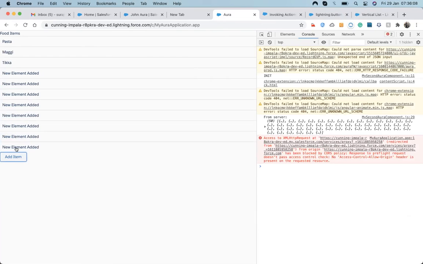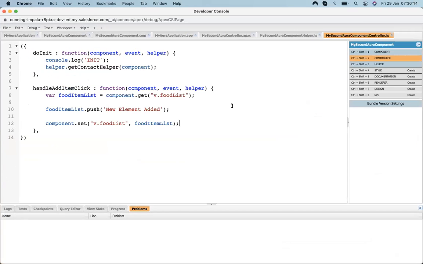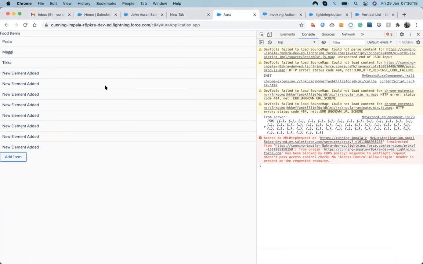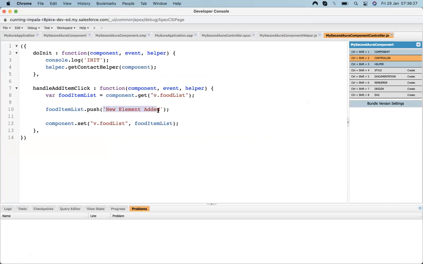So in this way, we can also design an input field. In that input field, when someone enters some value and hits add item, that item will get added into this list. So these kinds of things we can do. We just have to push that new value over up here, and it will add that value into our list. So in this way we can work on the list of items, meaning how we can add an element to a list of items.